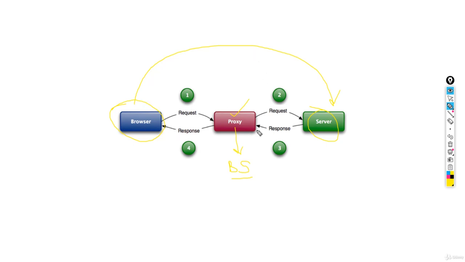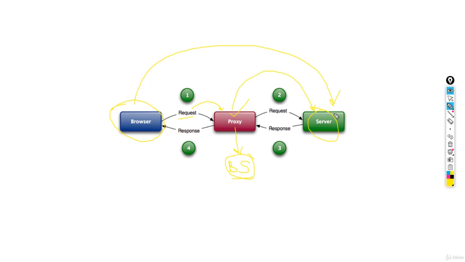But as we are in the middle, that is, a man in the middle as a Burp Suite, the request is going through us. It is not going directly to the server; we are getting the request from the browser and passing that request to the server.